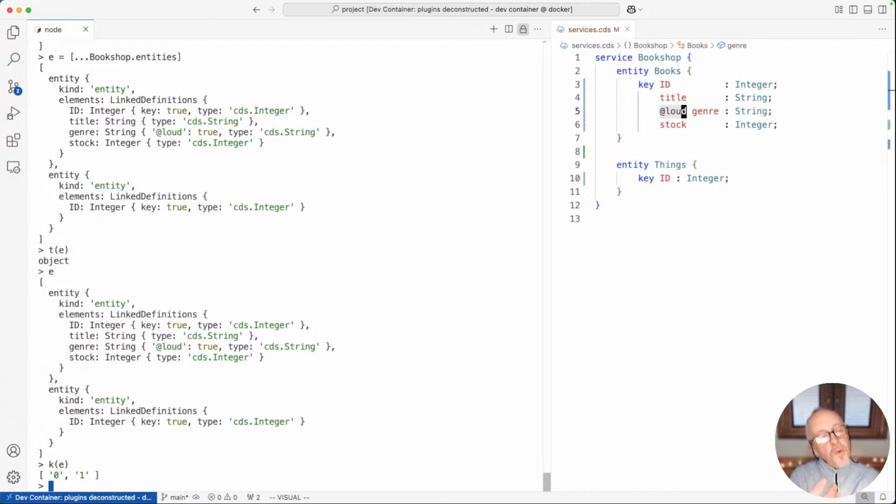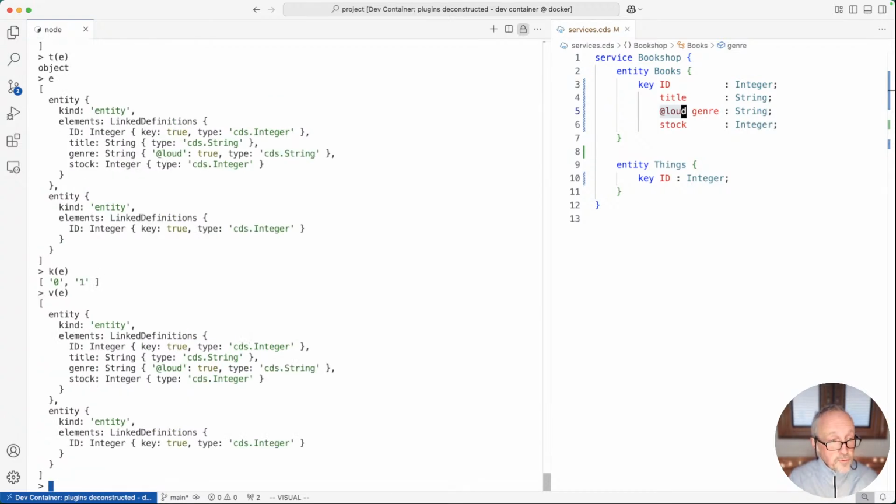So actually, when it's an object, this is a bit of a JavaScript thing. It's actually an array, but everything in JavaScript is an object effectively. So there we go. The keys of e are 0 and 1, so it's an array, and the values of e are the actual values there. Okay,